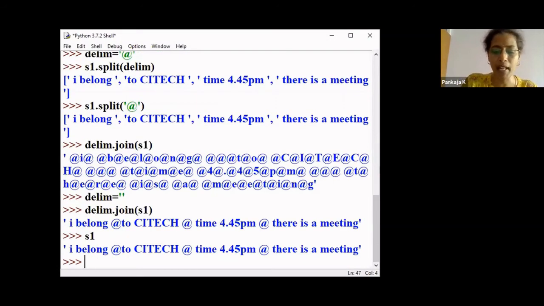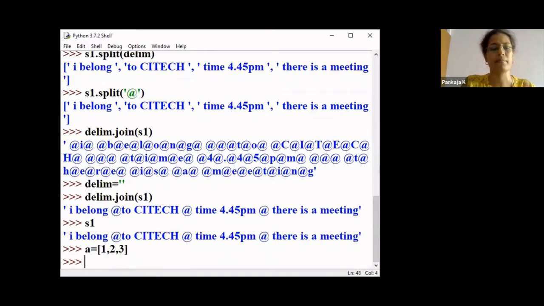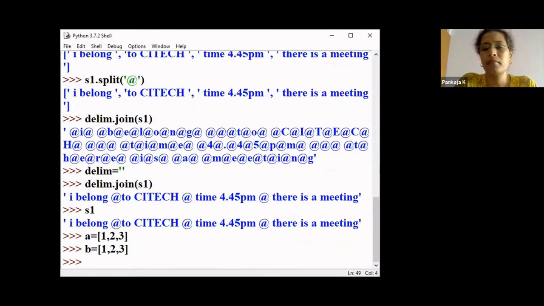Now say for example A equal to 1, 2, 3. Fine. Now what is A? A is a list. Now I'm going to create one more list called B equal to 1, 2, 3. Now when I use the equal to operator, A equal to B, what do you expect?